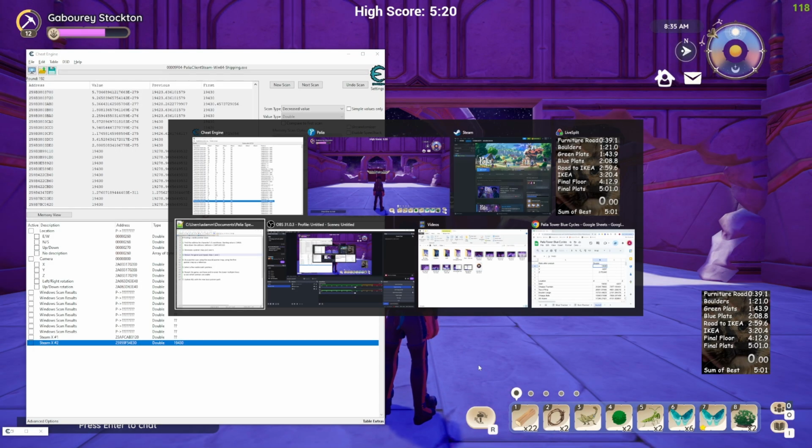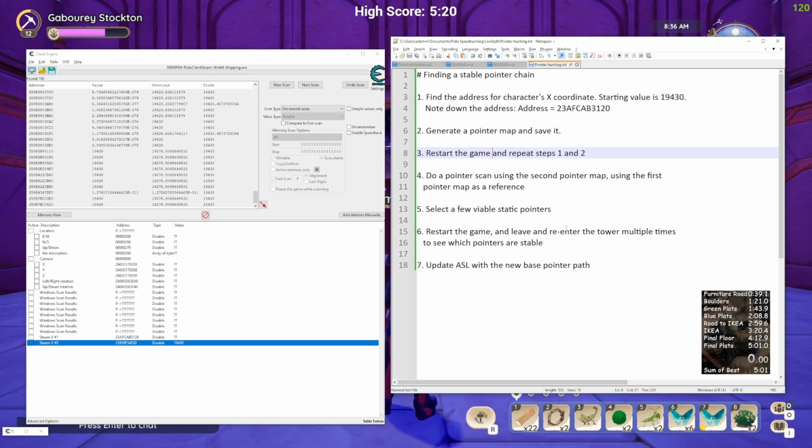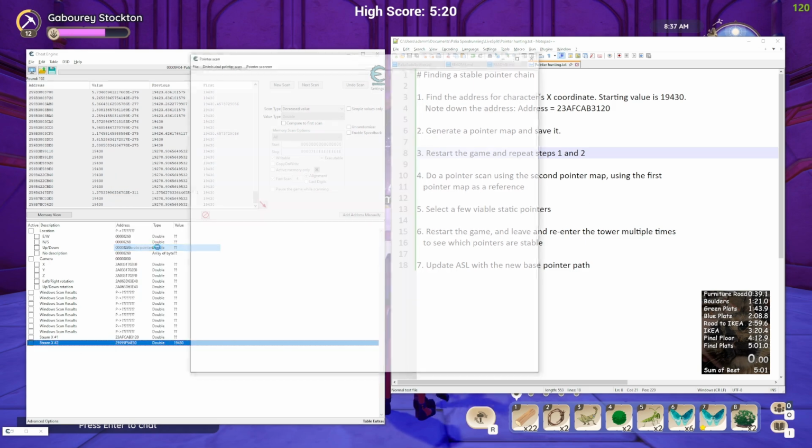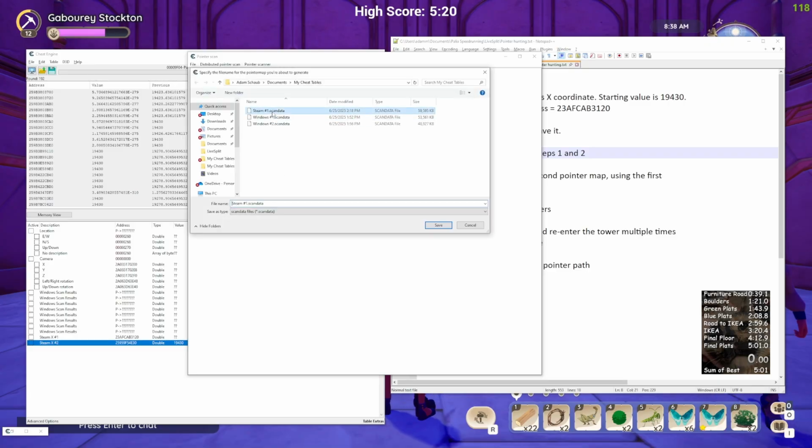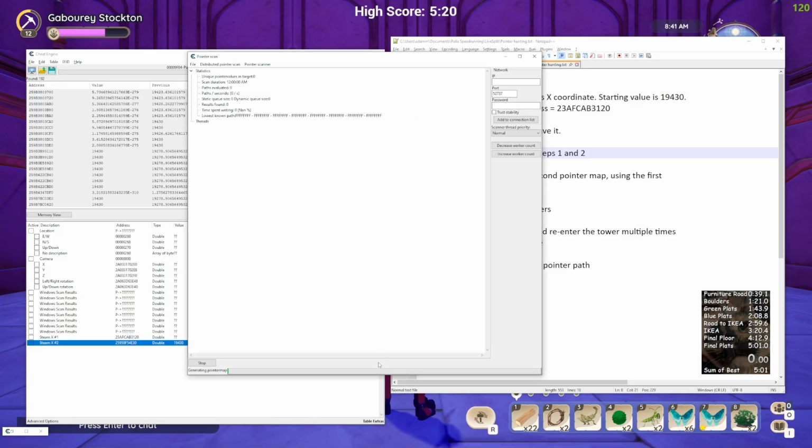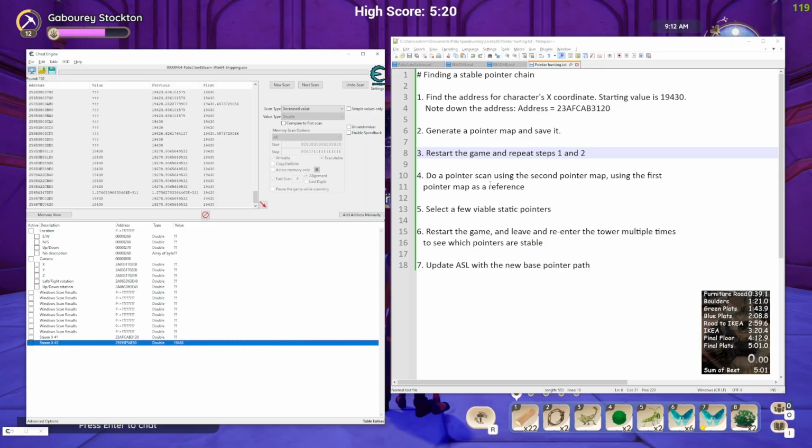We're going to repeat the steps of generating a pointer map here. Right click, generate pointer map. I'm going to call this one Steam number two. And then give this a while to generate that pointer map. Okay, so the pointer map is finished generating,